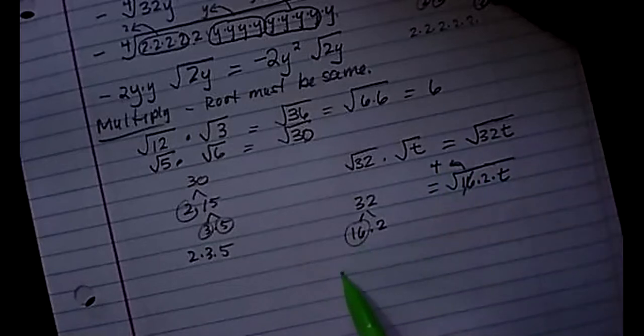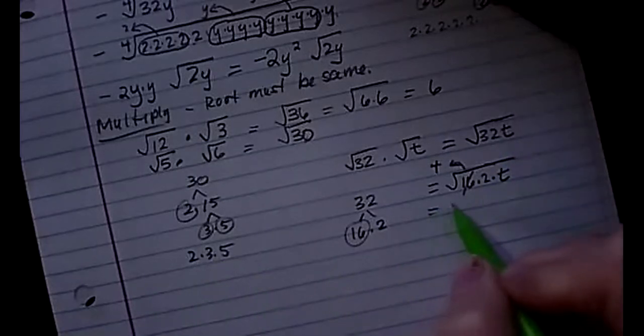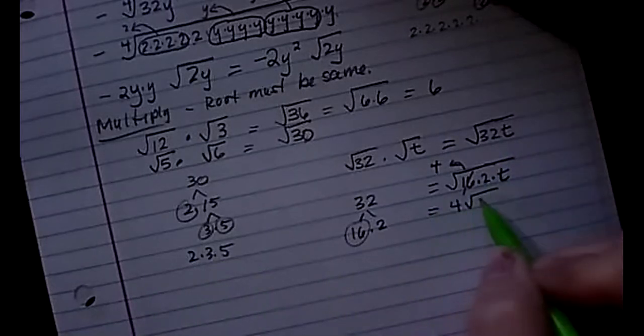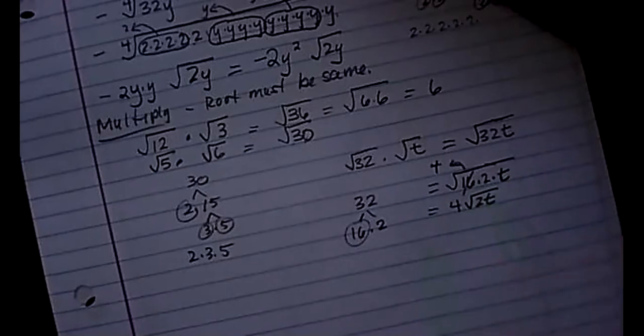If you wanted to continue this with the primes and get all the way down here, you'll get the same answer. It's fine. So 4, and then what's left underneath? A 2t. So you know how to reduce these down. You just got to be sure you get all the perfect squares out of them. Okay. Now,